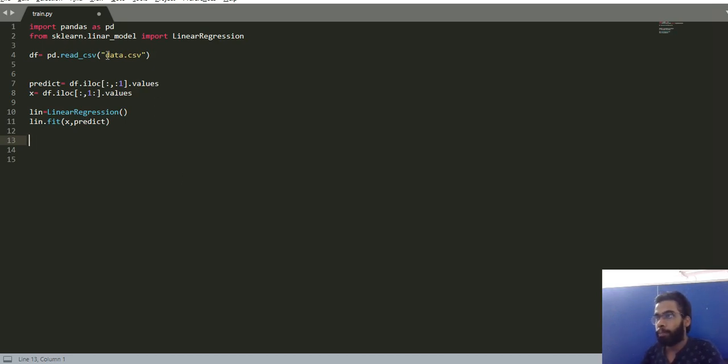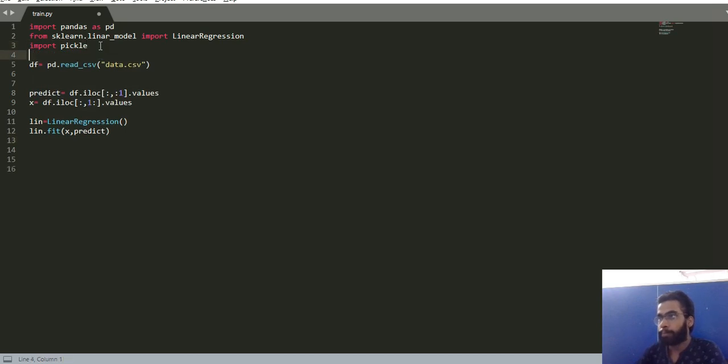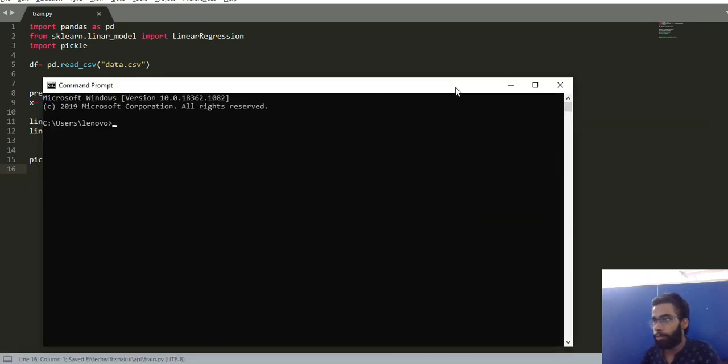So for dumping it, I'm using pickle. Now I will do pickle dot dump, and I'm going to save it in a model dot sav file, and I will open this to write. Okay, so I have basically used dump to dump the file. So let's try to run this and see if we are able to create a file.